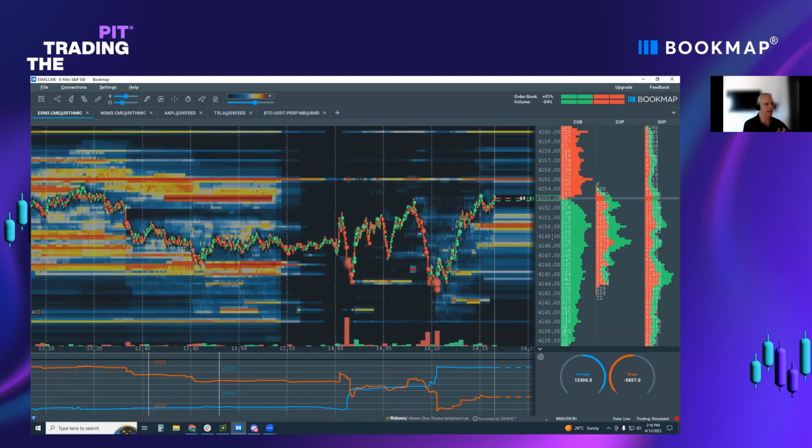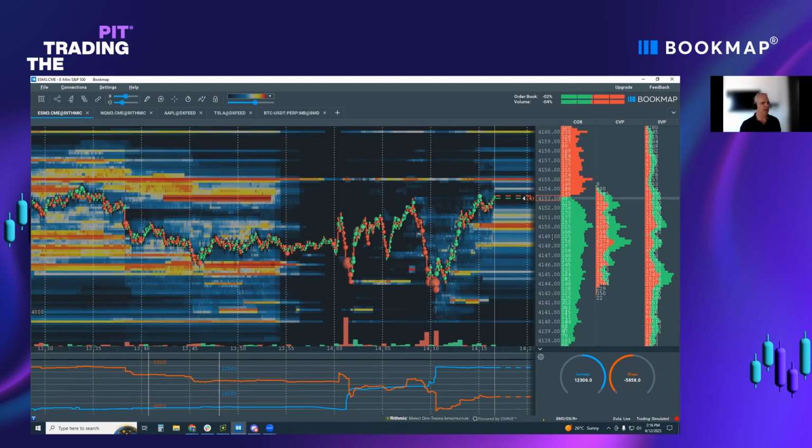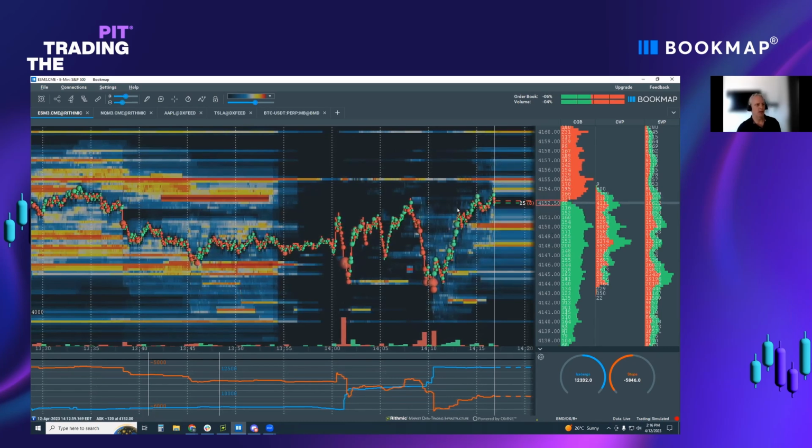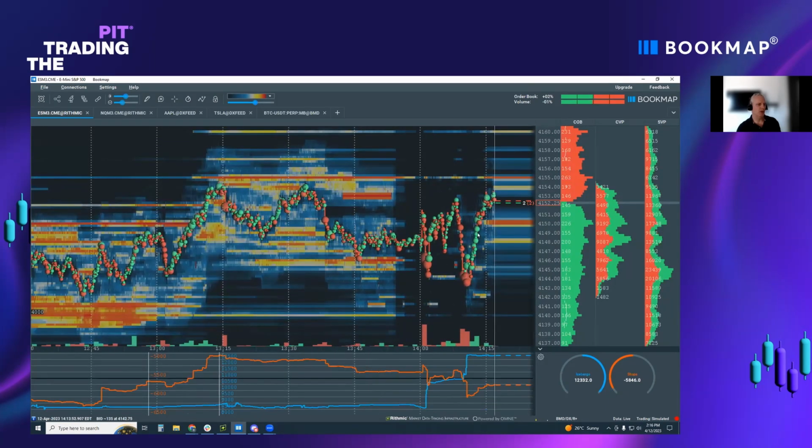It's really nice to be invited here and to demo the software. The software is unique, and for funded traders, this could make a big difference in optimizing your trading. So when you look at Bookmap and start to understand what you're looking at here, because it